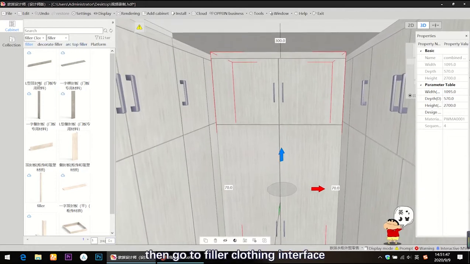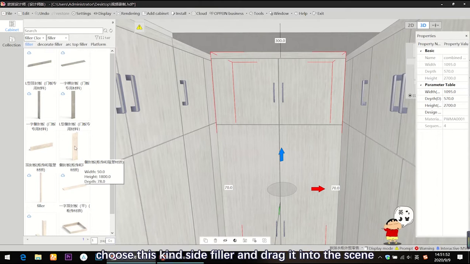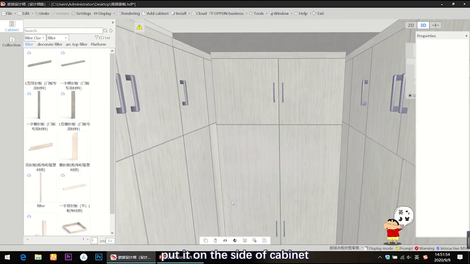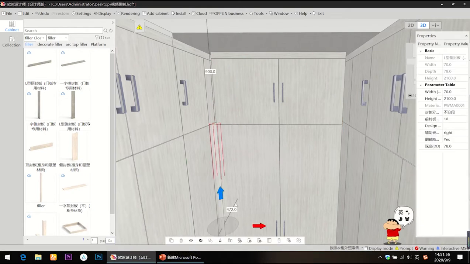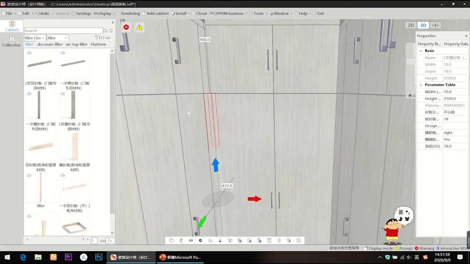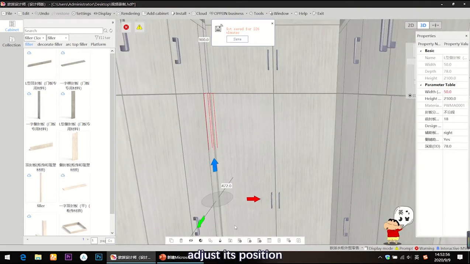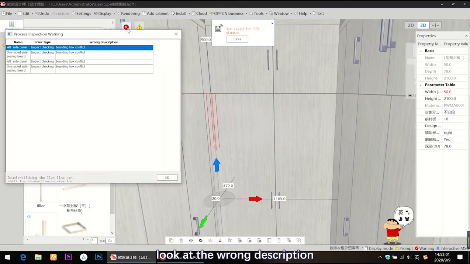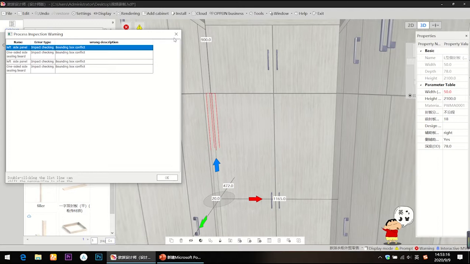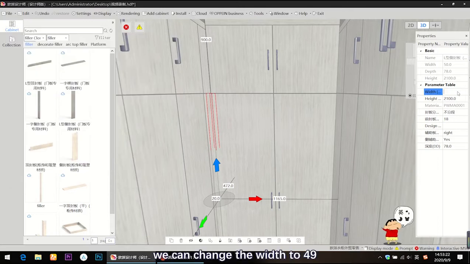Then go to Finer Closing interface and choose this kind of side finer and drag it into the scene, put it on the side of this cabinet. And change its width to 50 and adjust its position. And look at the wrong description. It shows the side finer has conflict with the cabinet, so we should leave 1 mm for position adjustment. We can change the width to 49